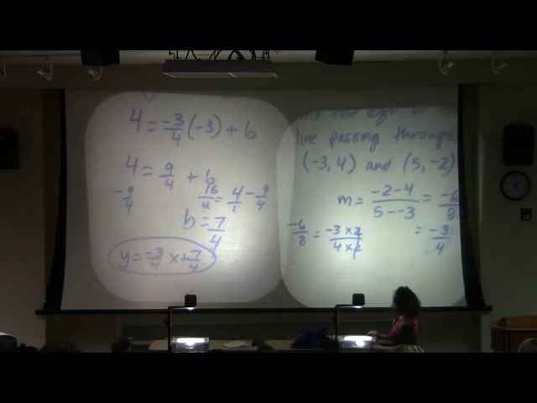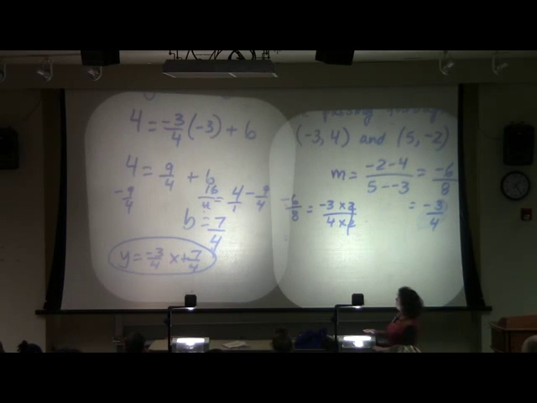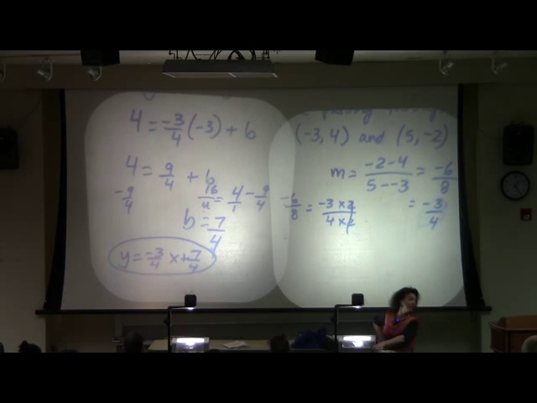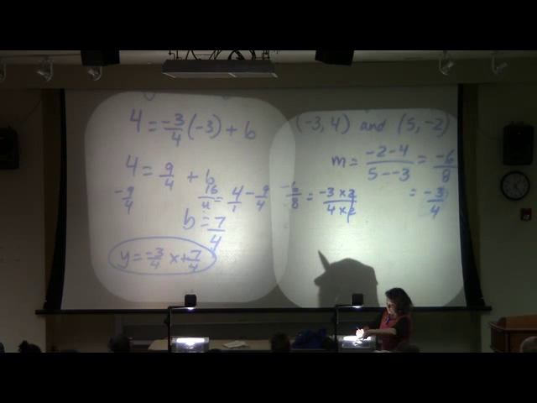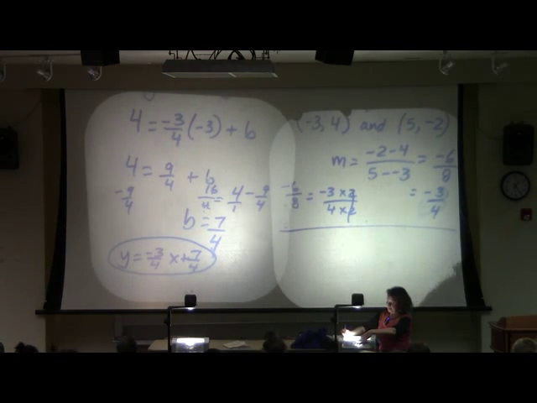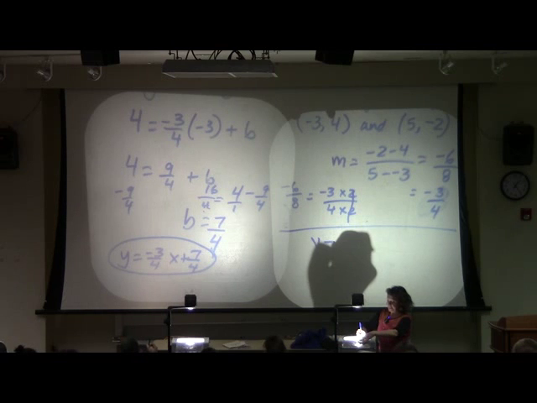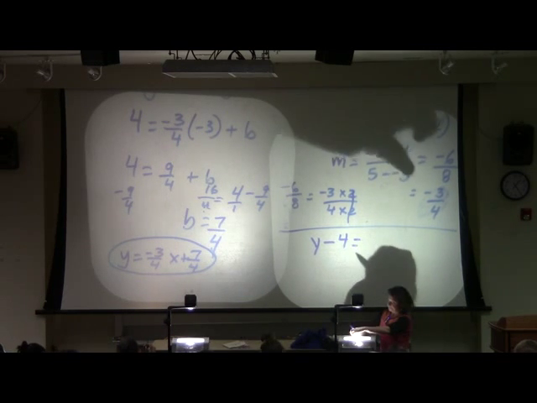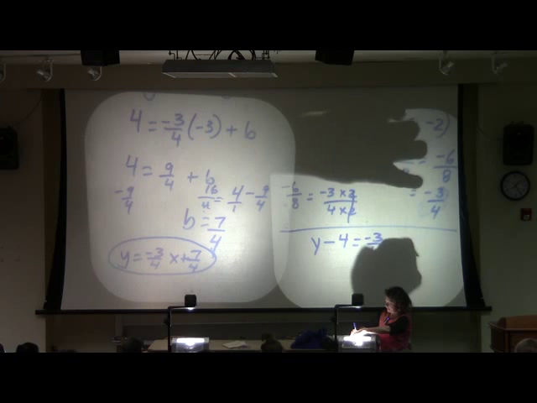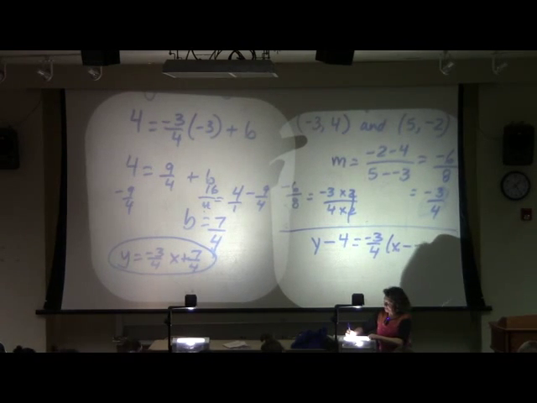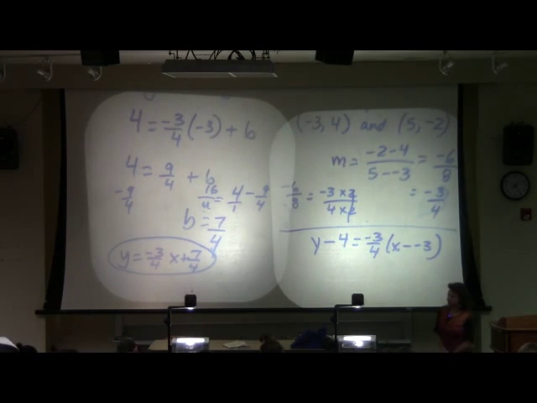Your yes is deafening. All right, do you want to see it using the y minus y1? Okay, we'll still use the same ordered pair. You take y minus your y value, which is 4, equals m times x minus my x value. I'm using the same ordered pair, just because. Now again, you guys, you don't have to do it both ways, but I like to show you both ways so you can pick whichever one jives better with you.